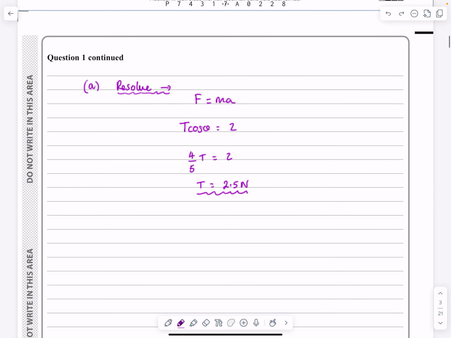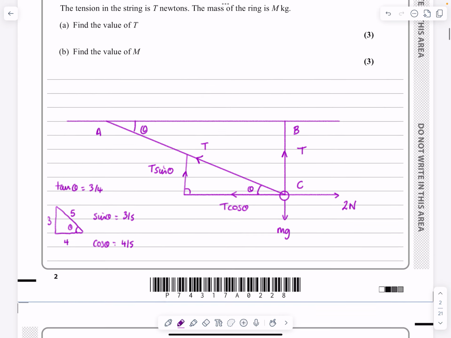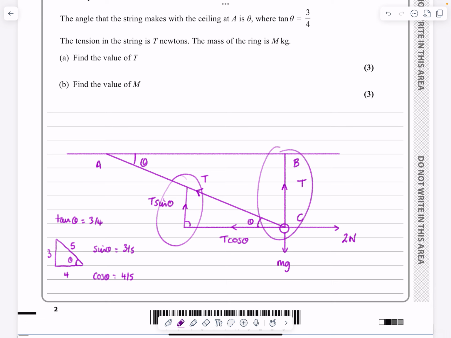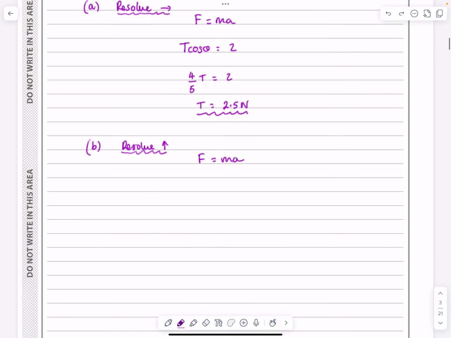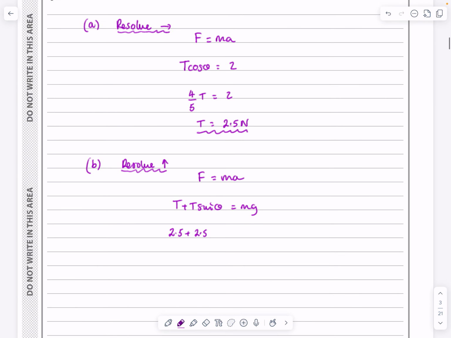And then for part B, I'm going to resolve vertically now. When I resolve vertically, again, I say F equals ma, but what I'm looking at is what I've got. That one and that one counteract with the mg. So T plus T sine theta is going to equal mg. T plus T sine theta works out to be equal to mg. And remember, we know what T is now. So 2.5 plus 2.5, what was sine theta? That was 3/5,